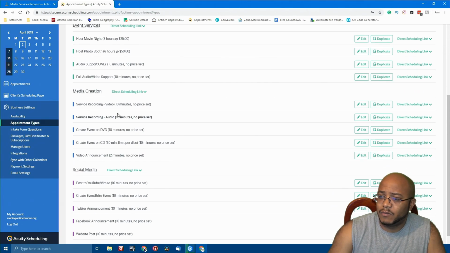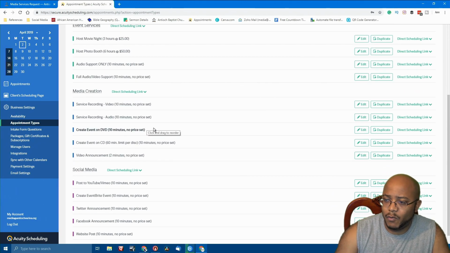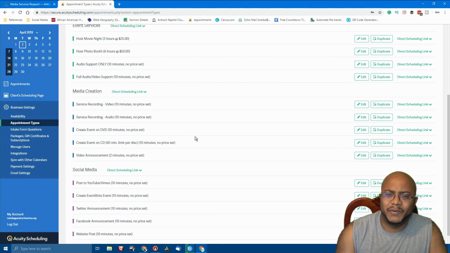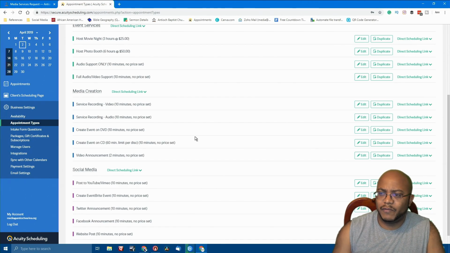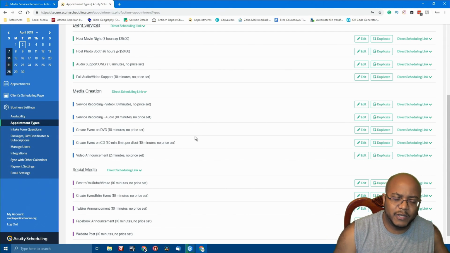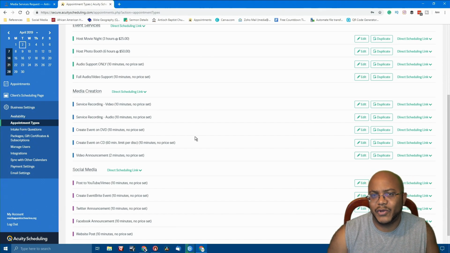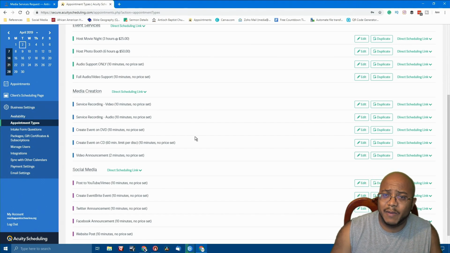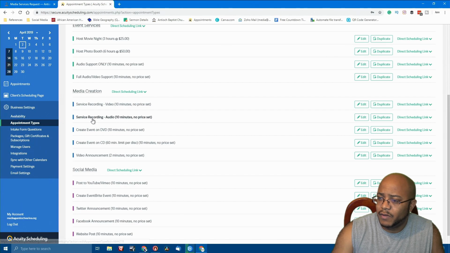So again, that's where the media creation comes in, recording the service. And we also need that because if they want it recorded, then when we do video support, we actually need to have all the cameras manned by a person so that we can get good camera angles and things like that, so that it's worth making some type of video production or disc after that. So we have service video recording, service recording for audio, creating a DVD from the event,